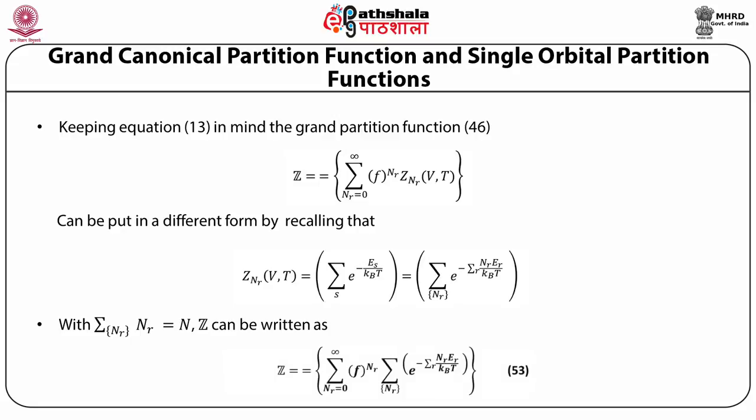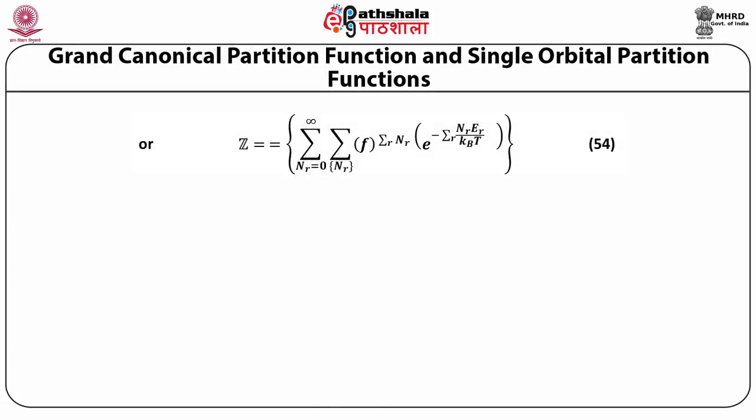Therefore Z can be written as the summation over N_R from 0 to infinity of fugacity raised to the power N_R multiplied by the summation over the given set {n_r} of e raised to the power minus summation over r of n_r E_r upon k_B T,